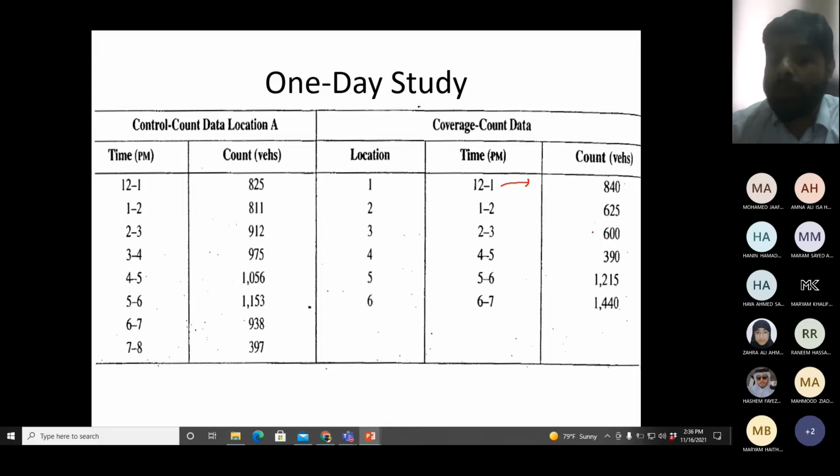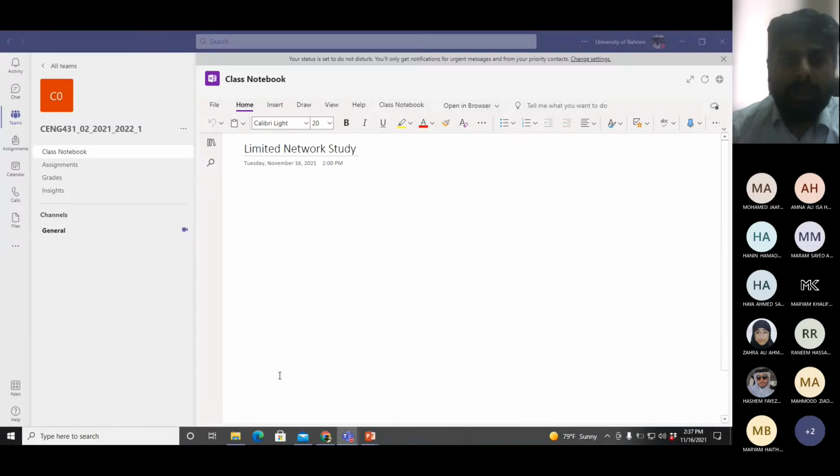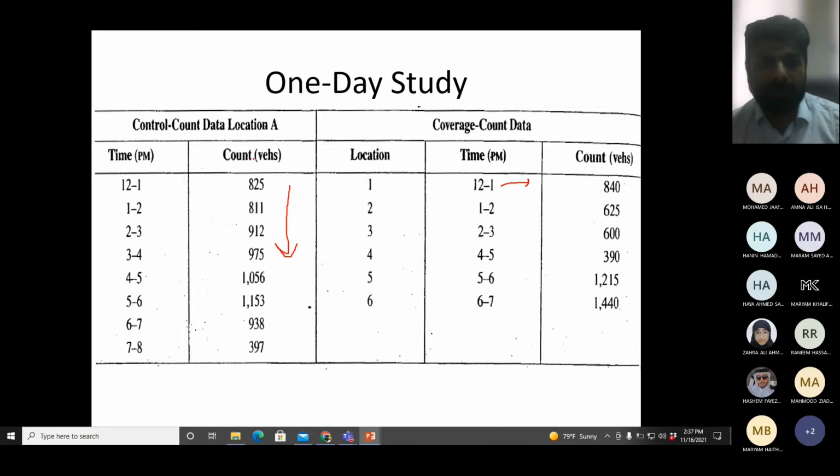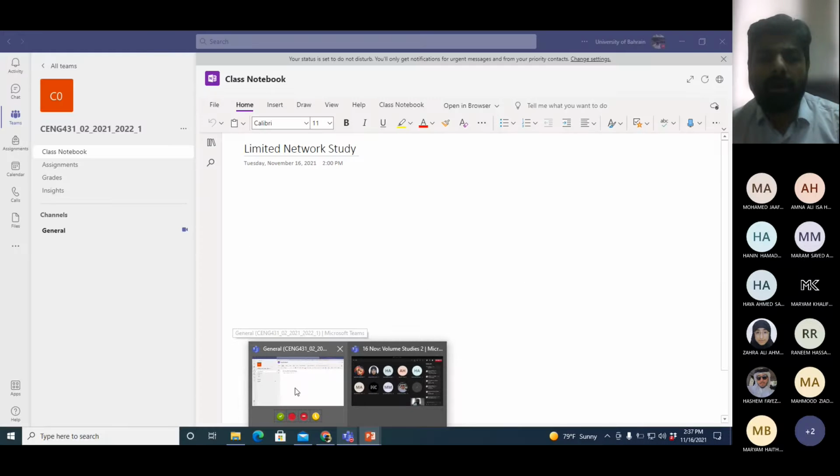Now I need to convert this 1 hour data into 8 hours data. This is my task, because for the control count location, 8 hours of data was required, and I have the 8 hours of data. So let us start with the calculation. First, the very obvious thing: calculate the 8 hour count for the control count location. You have data for all the required 8 hours, you just add them together and you will have the total. So give me the total for control count location.